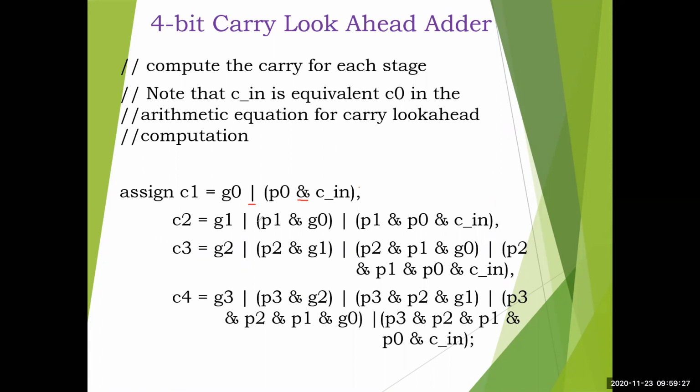So C2 equal to G1, again where plus is there, or, and. Okay, any number of and you can use: P1 and P0 and C in. Okay, C3 equal to G2, this is and here, this is or. So 3 signals are there here, 4. Okay, I will not read it all out, so hope you understand how I have written it. Just the same Boolean expression we have done in the design. So you have to change plus to the or symbol, and wherever you have a dot, you have to replace it by and. For multiplication you write ampersand.